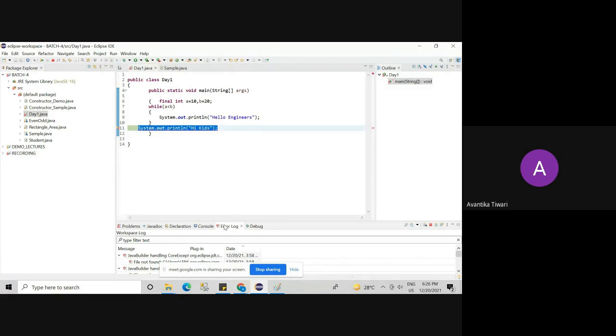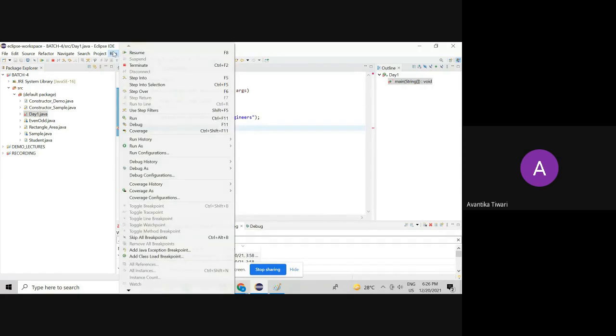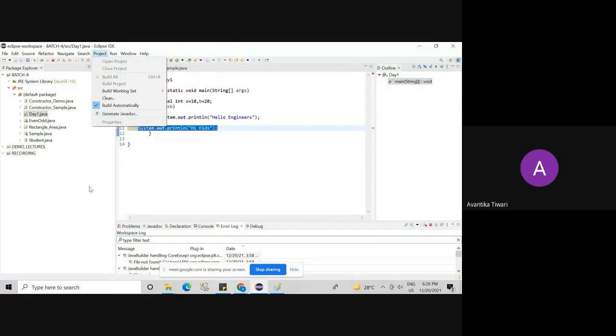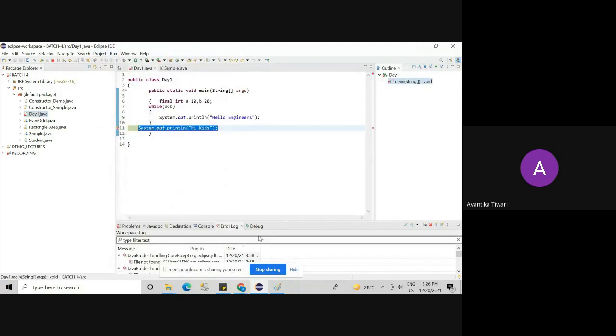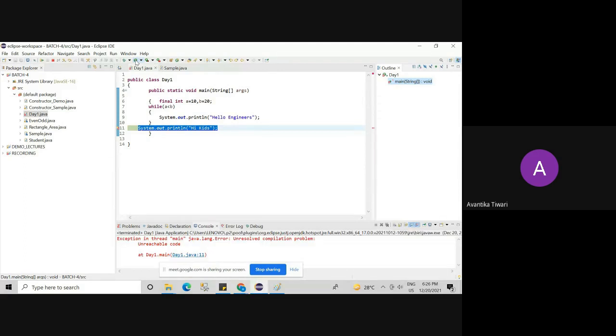It is unreachable code. Am I clear to everyone? That's why you have to be very careful during the MCQ based questions. If it is a variable, then it's fine. In the previous case, we just saw that if A and B are variables, then the compiler is okay, that it can change its value at any point of time. So I should evaluate each and every line of code.